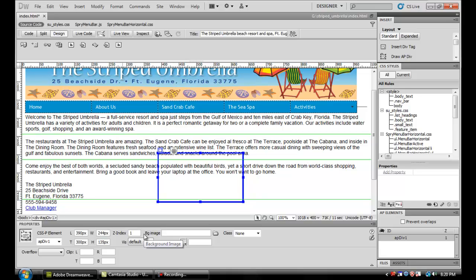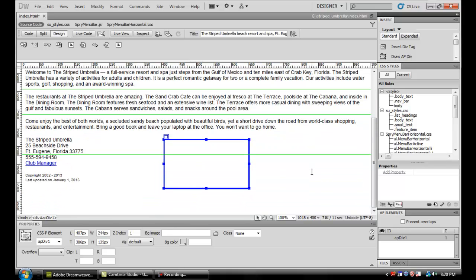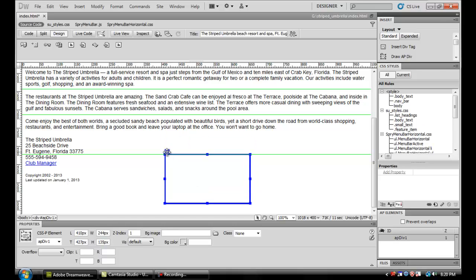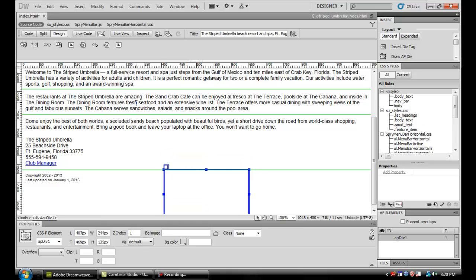First thing I want to do with this is, they say move this to this guide toward the bottom, which I put it approximately 460. Actually I didn't put it. Let's move it down a little bit more. There's about 460. And again, these guides will not show up on your web page, but they're just there to